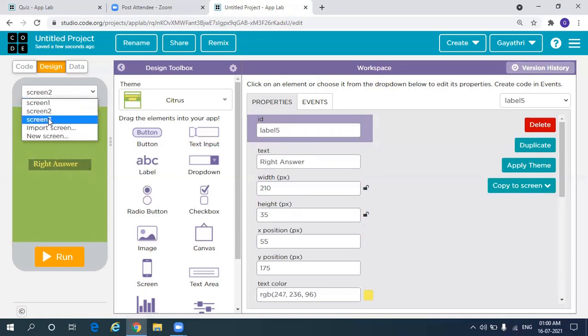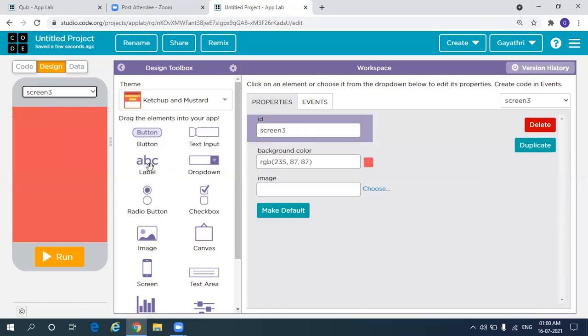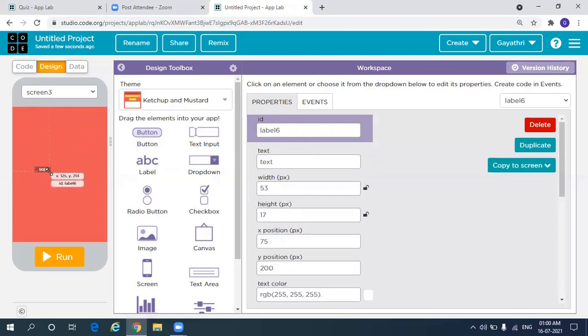So go to screen 3 and choose a label here. So go to text, write it as wrong answer. Try again.